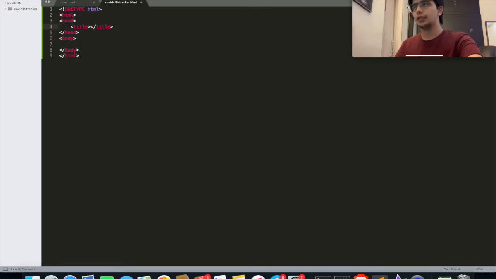Alright, the first step that we're going to do is import jQuery. jQuery is just an extension of JavaScript. If you want a detailed description of what jQuery is and what it does and why we need to utilize it, I'm just going to leave a link right here so that you can see how we've implemented it in previous cases.